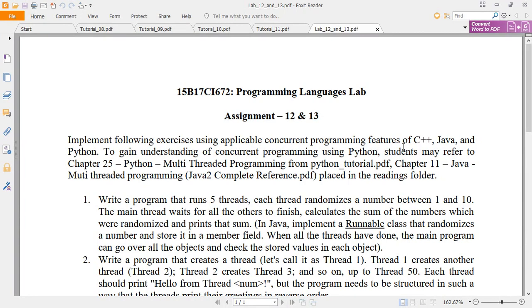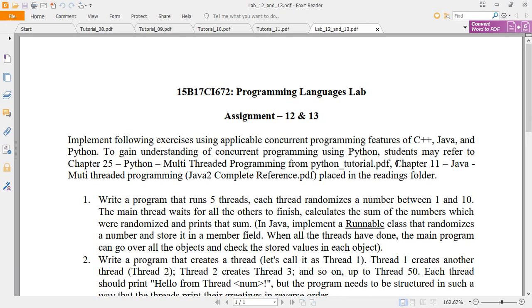To gain understanding of concurrent programming using Python, students may refer to chapter 25, Python multi-threaded programming, from the Python tutorial, and lecture 37 of concurrent programming, that is, multi-threaded programming with C++, Java and Python. Please look into that.